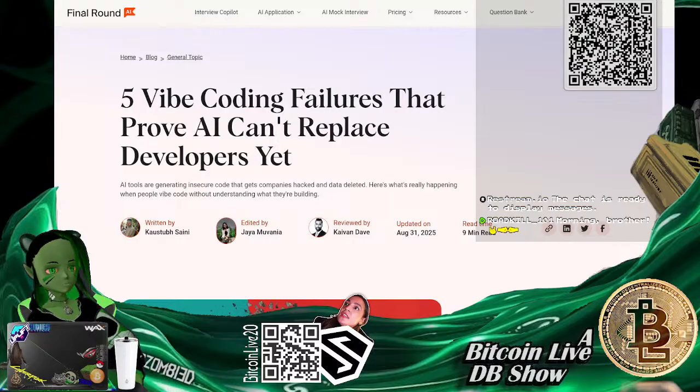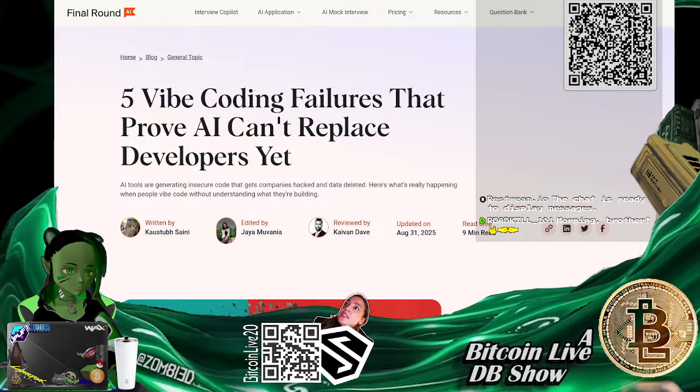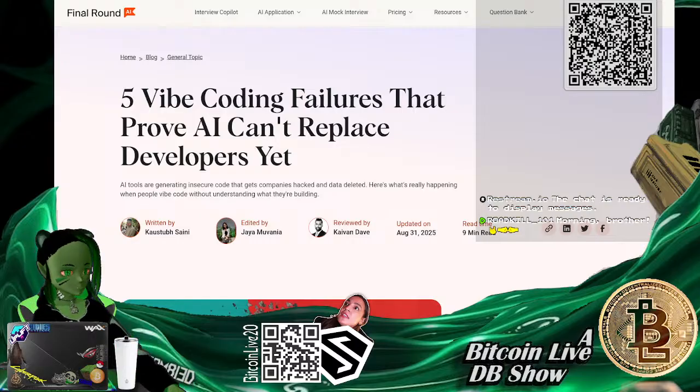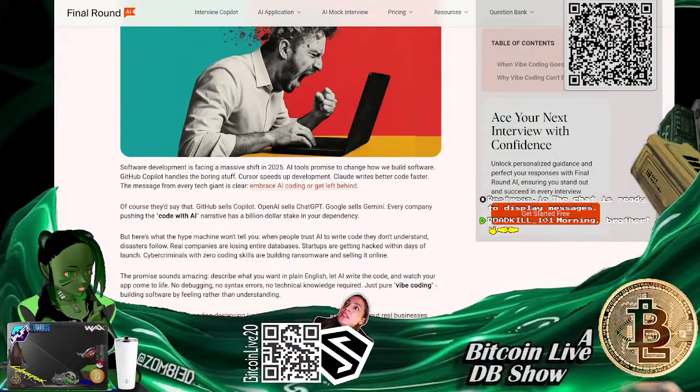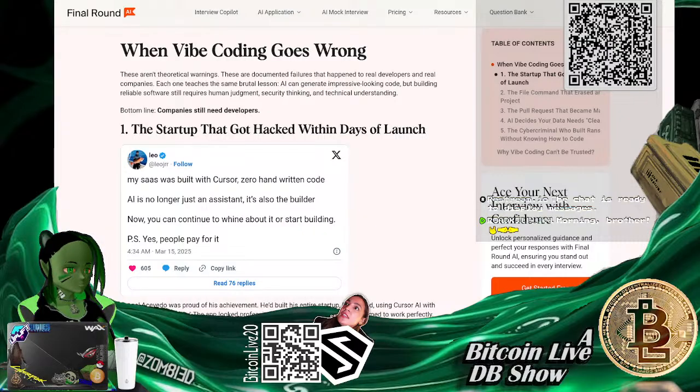All right, so we're going to go over this article, and it will have some real quick references to help explain the horrors that can occur from vibe coding and not knowing the actual language. I will say that again, though, because this is looking at vibe coding and not knowing the language being produced with vibe coding. That's essentially what I was doing with vibe coding, to bypass learning a new language. Okay, so these are examples of when vibe coding goes wrong.